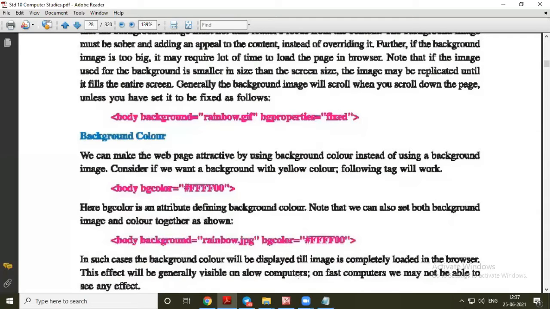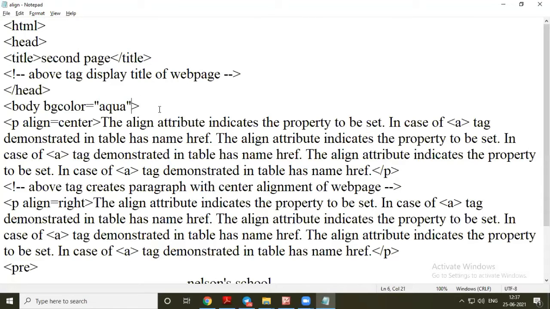So for example, I am typing it here. First of all, the hash symbol, then I am writing A, B, 5, 6, and C9.